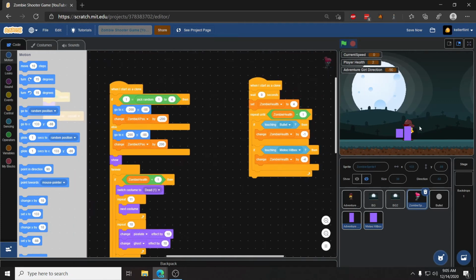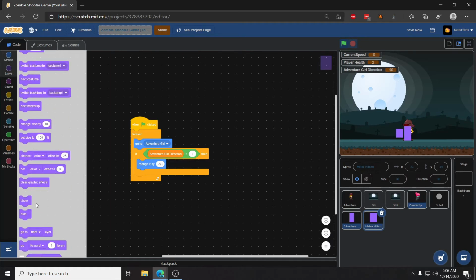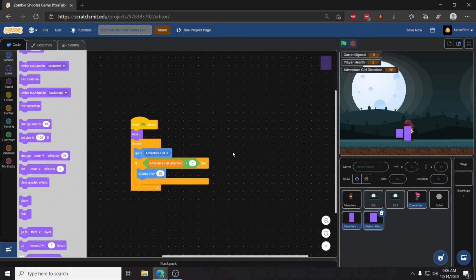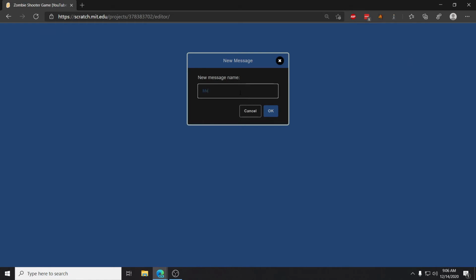We want this hitbox only to show when she's doing her melee animation. And so to do that, I'm going to use some broadcasts, and we're going to show and hide this melee box only when she's actually doing her melee attack. So to start with, I'm going to have the melee box hidden completely because we don't need it right away. And then the next thing I want to do is I'm going to create two messages here. So we're going to have a when I receive melee start,